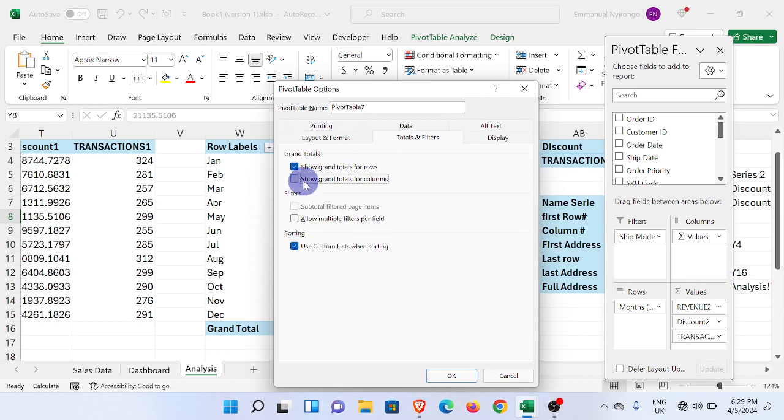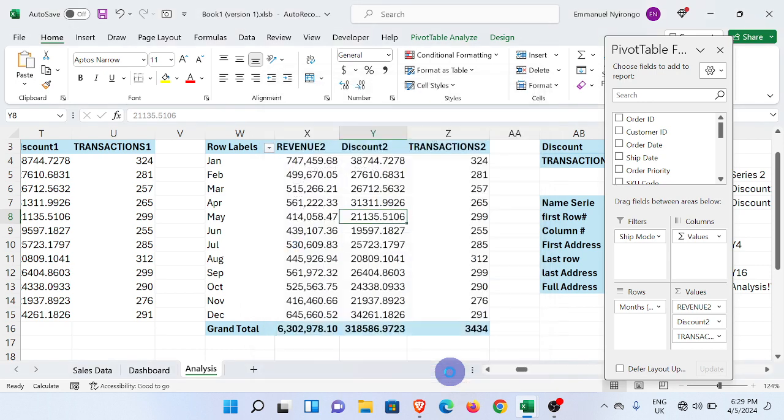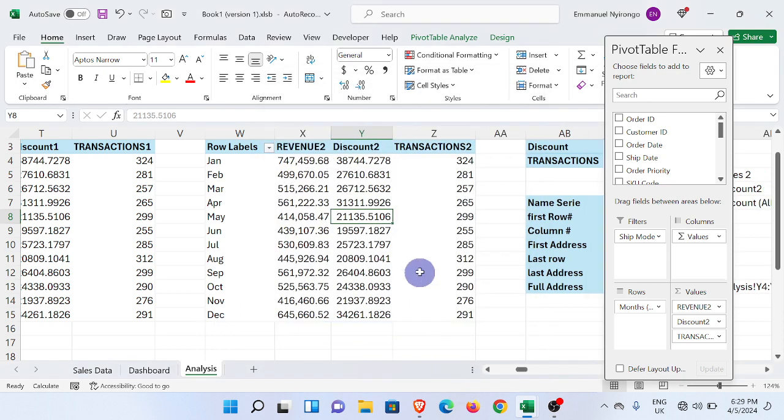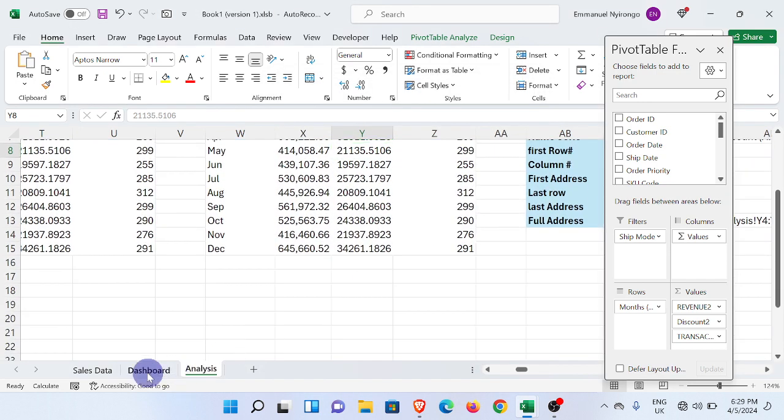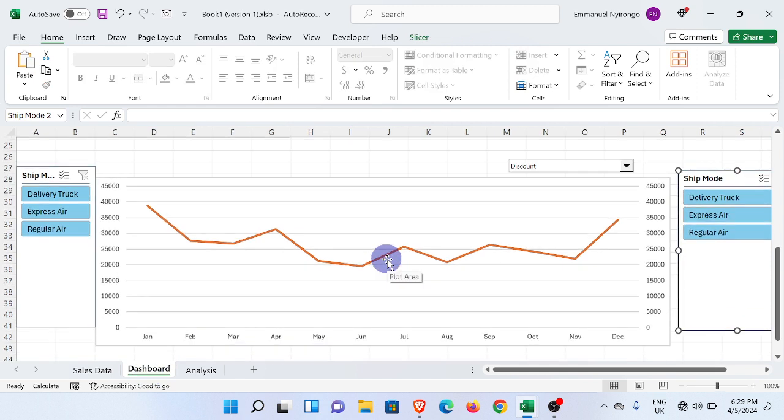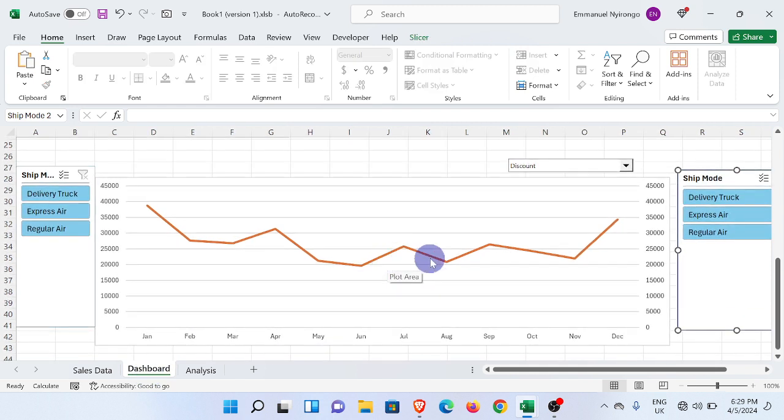Grand column totals. No. Okay, it's gone. Let's go to the dashboard. Now it's balancing. Fine. So if I click on this,